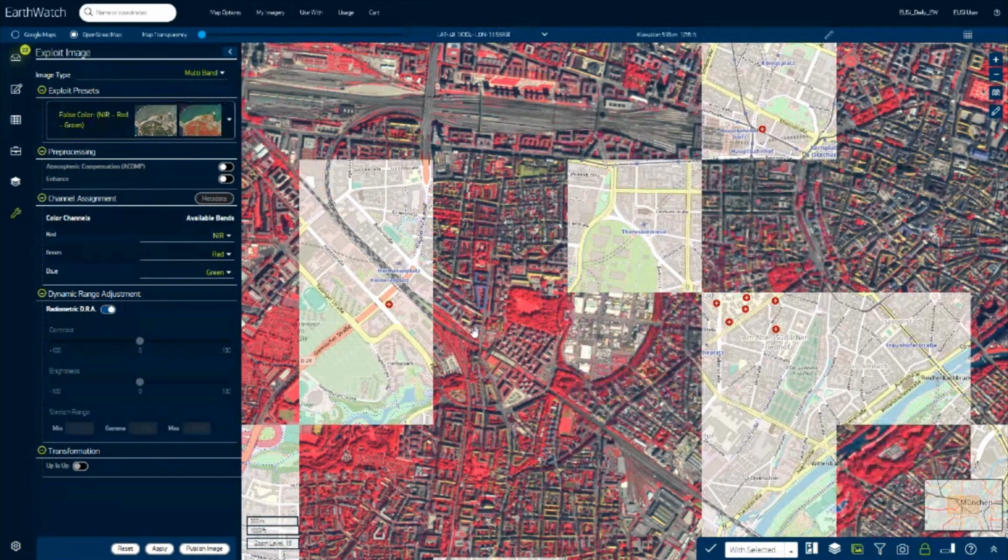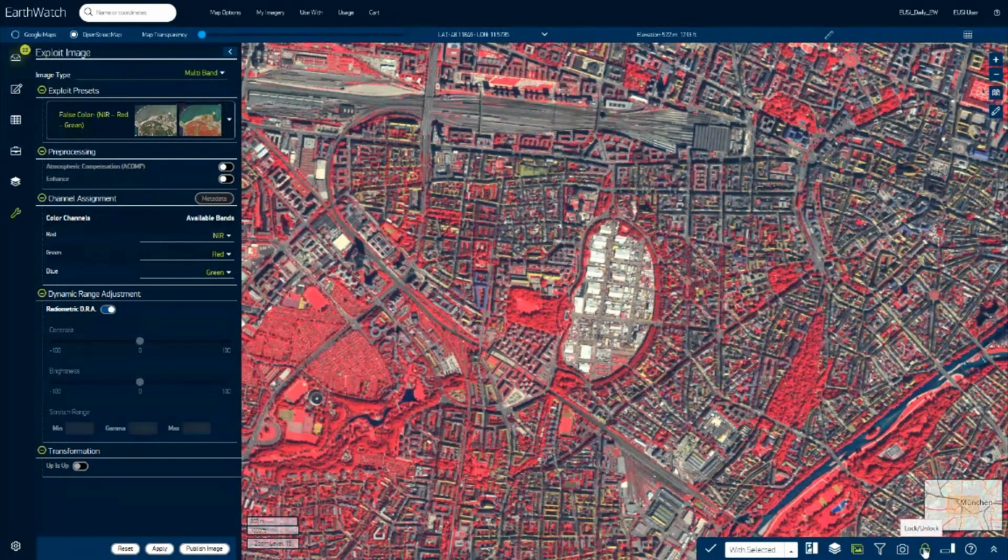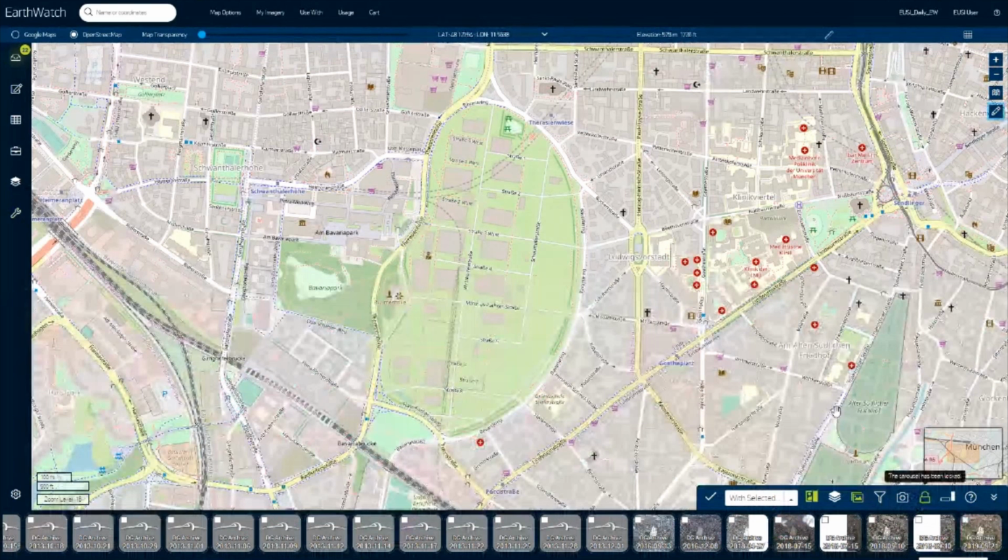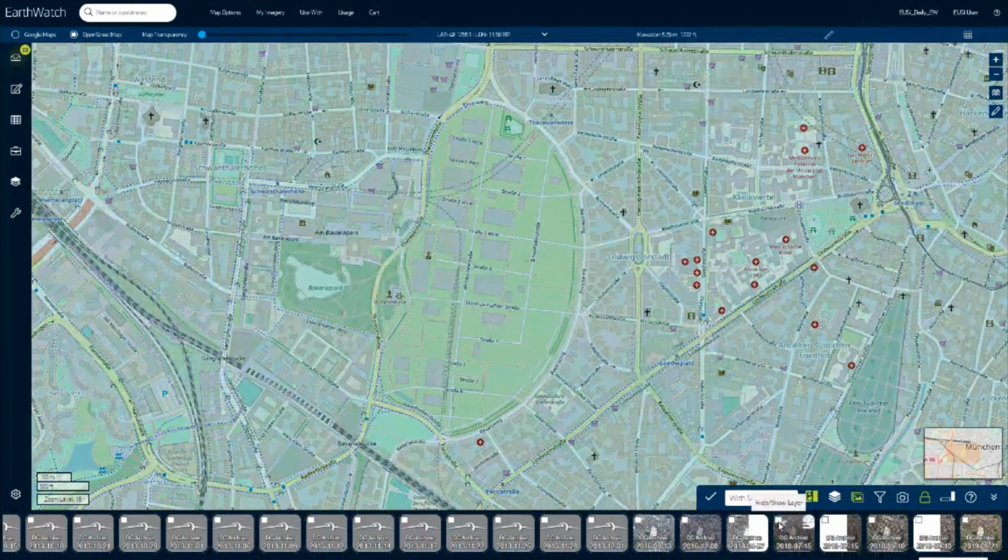All right, let's have another example for atmospheric compensation, which you could add in exploit mode. Let's choose another image and find a suitable example for that. I don't see, maybe this one could be worth it.